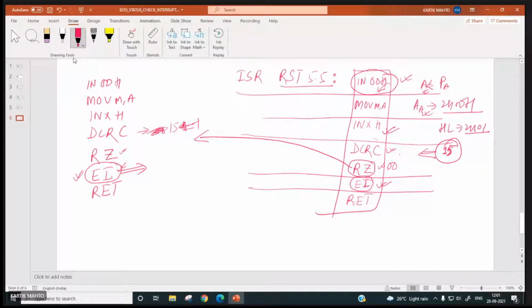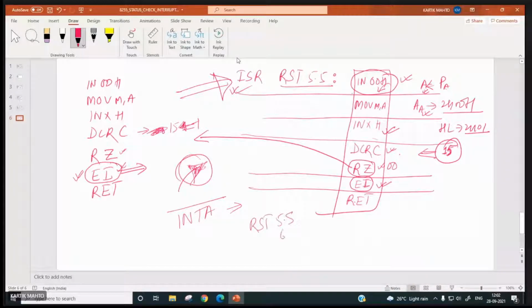Because whenever the processor branches to any ISR, it generates the INTA bar signal, and internally all maskable interrupts are disabled. Maskable interrupt means RST 5.5, 6.5, 7.5, the vectored ones. All will be disabled.